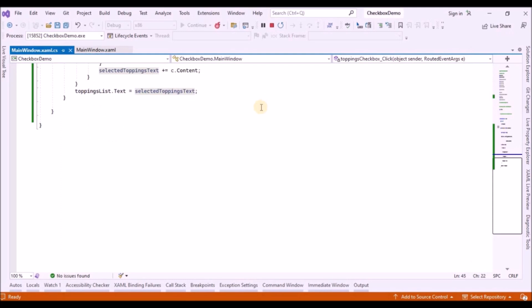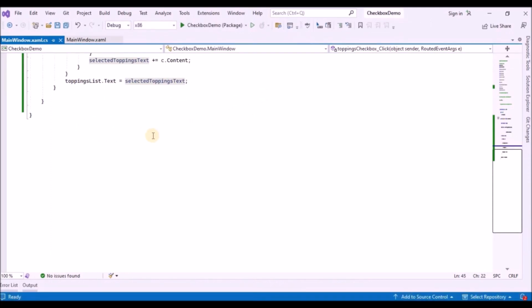Okay. Next, we look at the intermediate state. The checkbox control inherits from ToggleButton and can have these states. One is checked, the next is unchecked, and the third is intermediate. We just saw checked and unchecked. For the checkbox to report the intermediate state, you must set the IsThreeState property to true. When the options can be grouped, you can use an intermediate checkbox to represent the whole group. Use the checkbox intermediate state when a user selects some but not all sub items in the group. For example,